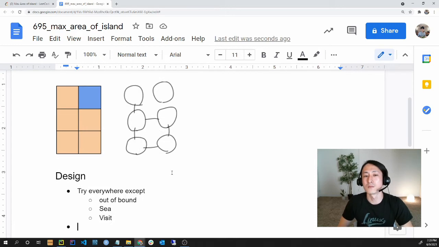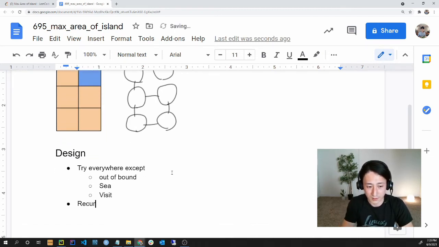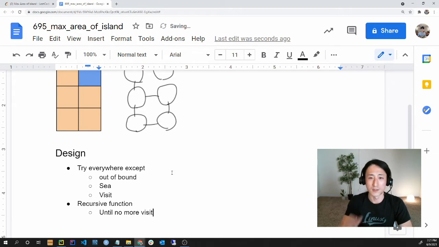So basically we do the same thing, so it's nice to have a recursive function, which means the function is going to call the same function inside the function. So we say recursive function, and then we have to stop this eventually, until no more visits. If we visit the entire map, we should have the answer, so we can stop this recursive function. So I think at this point we are ready to write the code, so I move on to